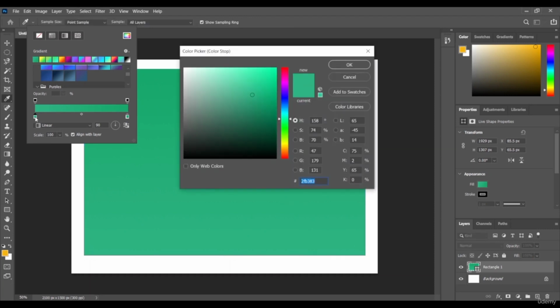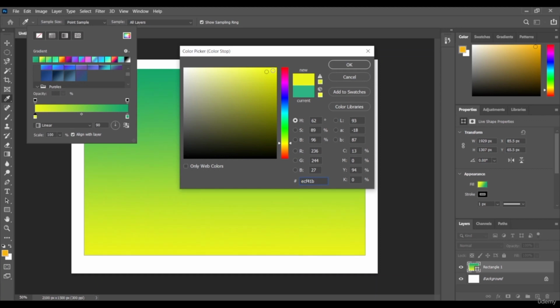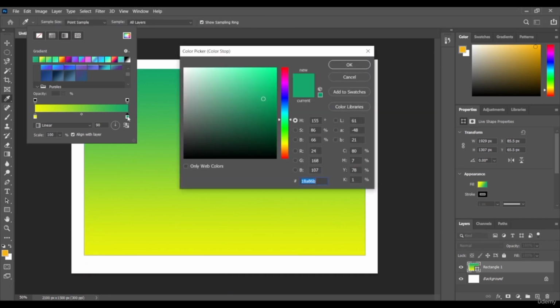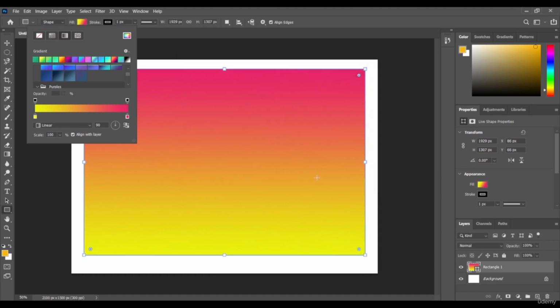You just have to double click this color icon, then the color picker will be available here. Then you can pick any color from here. What will be your color? Instead of green, I'm going to pick the yellow color here. This is my first color, and for the second one you just have to double click with your mouse on this dot, and then another color picker will pop up and you can pick your second color. You can pick it from here. I'm going to pick this one and let me click OK. So you can see this is my custom made